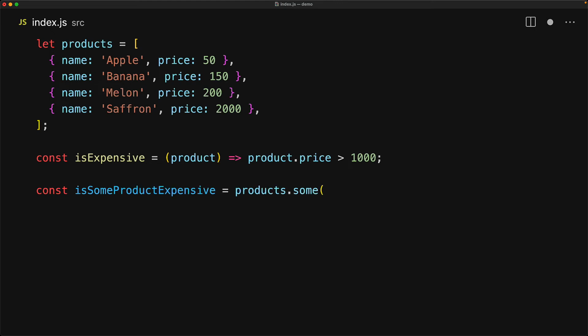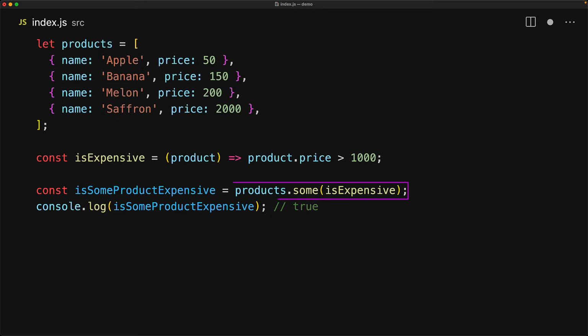Arrays have a method called some, which takes a predicate function and determines if some of the items within the array match the predicate. If any of the items return true for the passed in predicate, the some function resolves to the value true. And it pretty much reads like standard English. For example, here we can say that for the products, if something is expensive, then is some product expensive